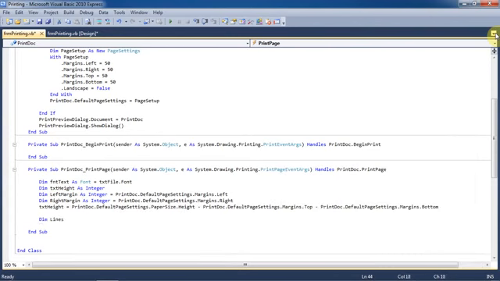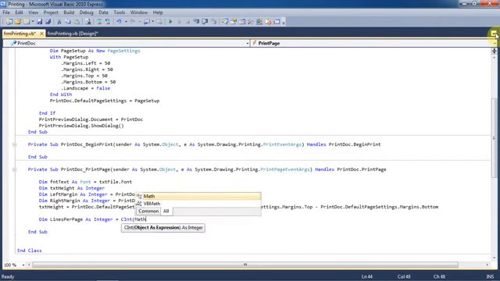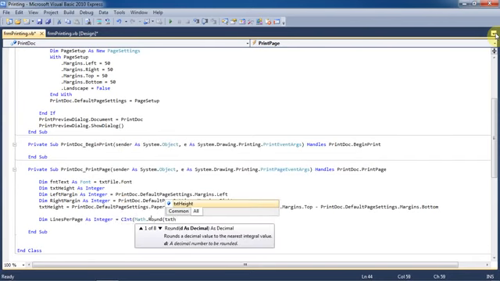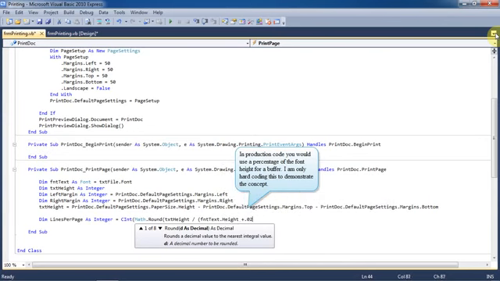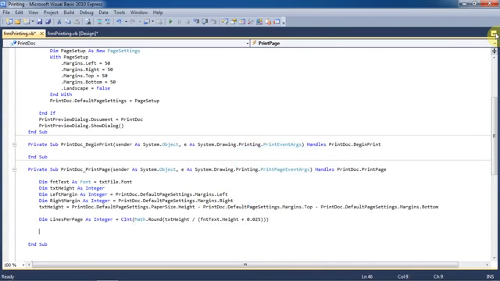Now we'll dim linesPerPage as an integer. This is a calculation to figure out how many lines we can fit on the page using the current font. We'll make this into an integer using CInt and use the Math.Round function to get a whole number from text height, which is the whole page minus the margins, divided by the height of the text plus a buffer. The buffer should ideally be calculated as well, but for this simple tutorial we're just going to hard code it